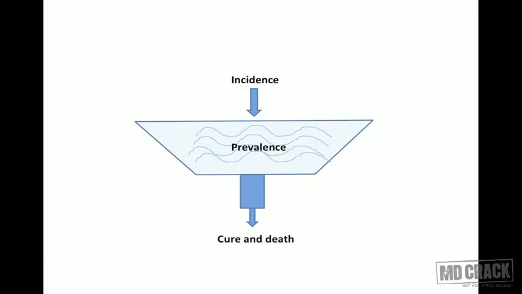This is another diagram to show you the relationship between prevalence, incidence and duration. As I said, it is pelvic inflammatory disease, PID. And you can see in the diagram, I have a basin, I have a tap. The tap is pouring water into the basin and I have a outflow.